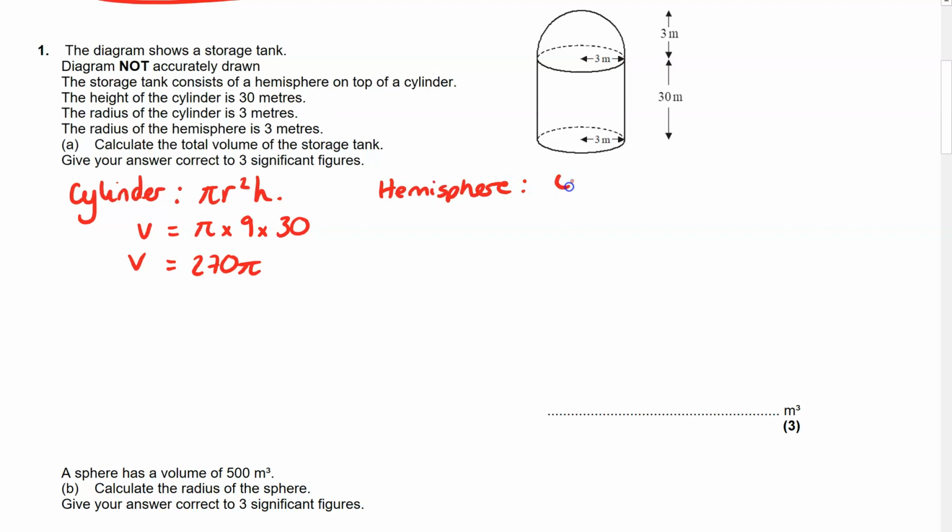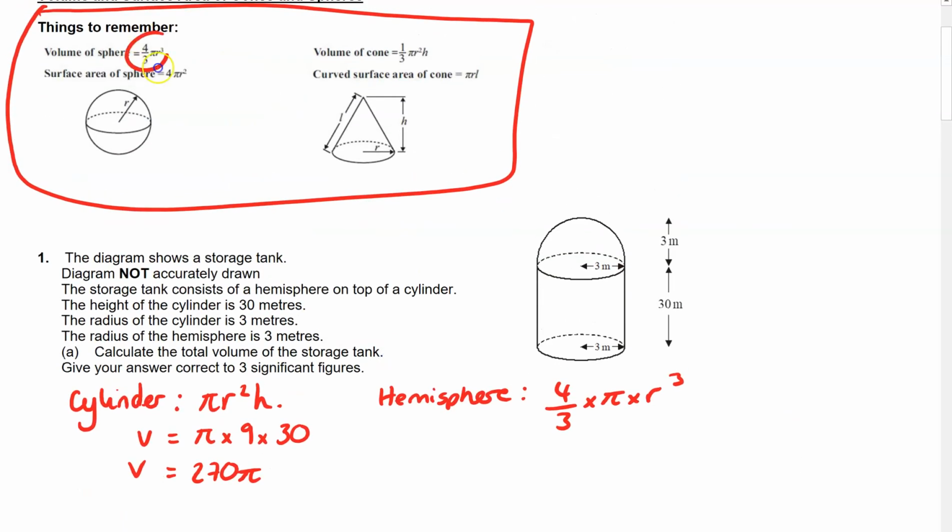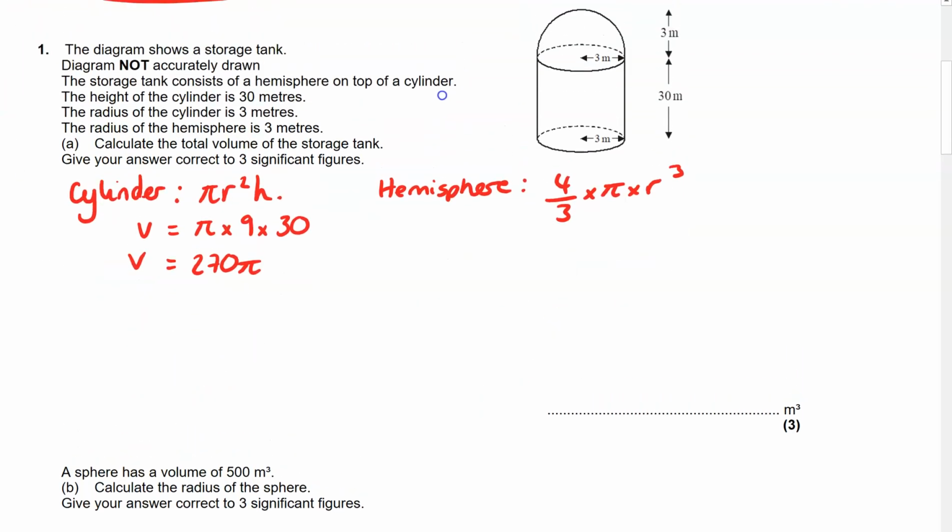well, if it was a whole sphere it would be 4/3 pi r cubed. Okay, it's up there. But we only want half of it, so that is 2/3 times pi times 27, which is, 2/3 of 27 is 18 pi, and they're bolted on top of each other, so the volume